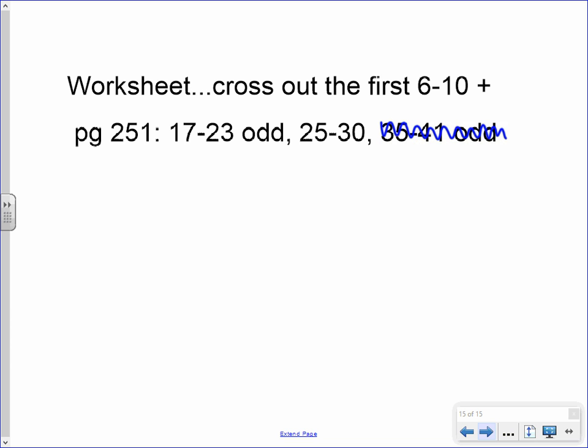So in the e to the x group, I want you to cross out 6 through 10. So you're just going to look at it. It is another riddle. Now, the top one you're not going to really get because I'm making you cross out 6 through 10 on the e to the x one, but the log cabin one,